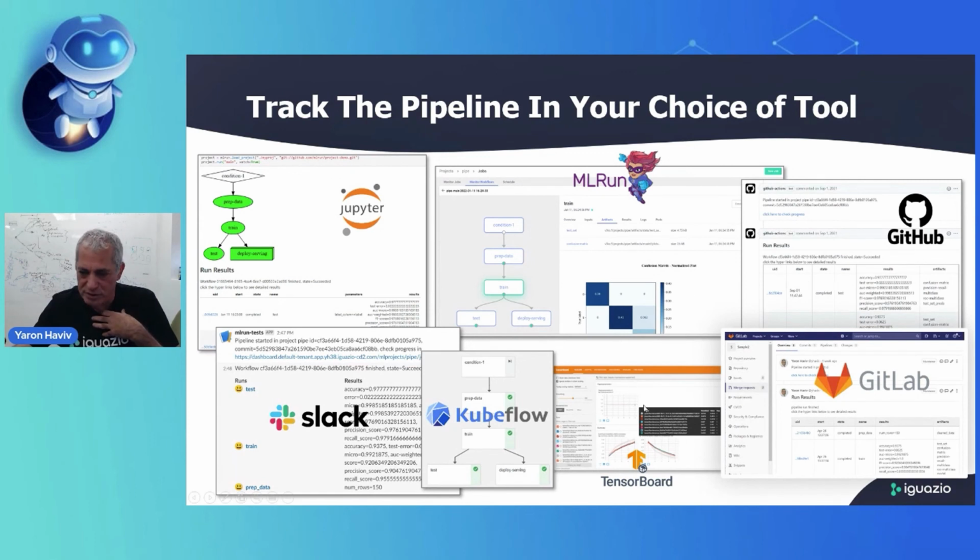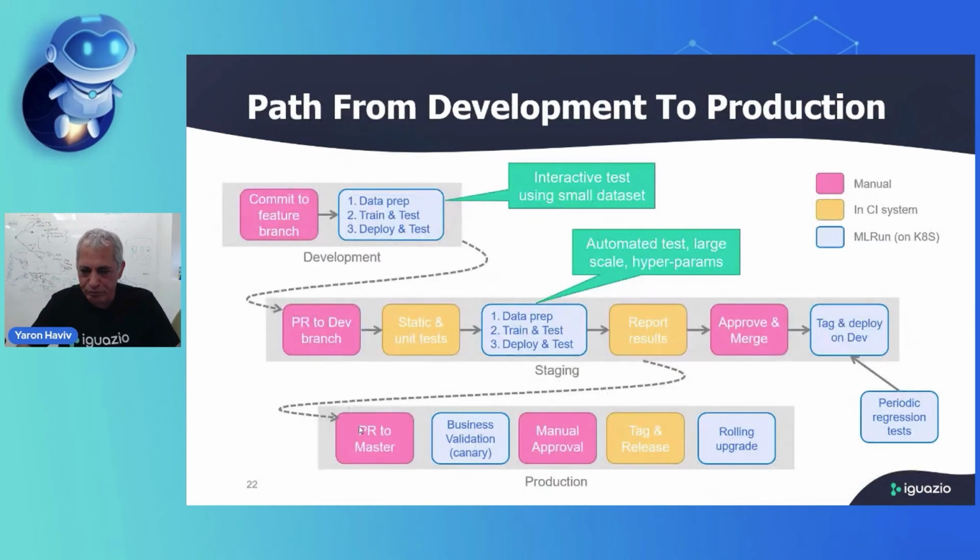Again, we mentioned it knows how to export into TensorBoard and works with Kubeflow, even Slack and other mechanisms. And MLRun is open source, so you could just add your own plugin for what we call notifications. Okay, now when we're building something more complete, and we want to look into the overall flow of how to